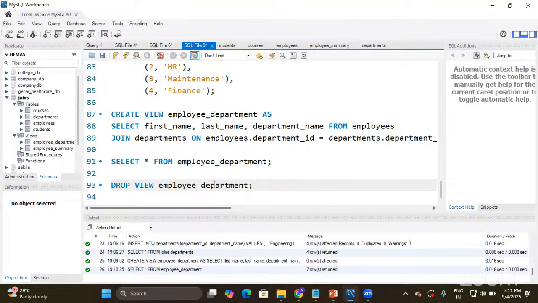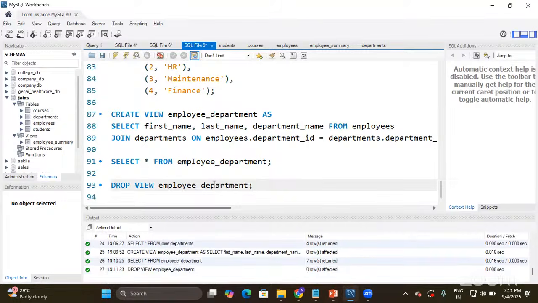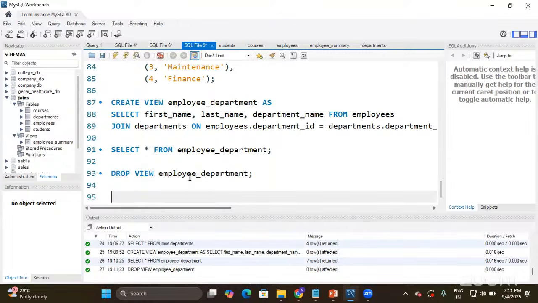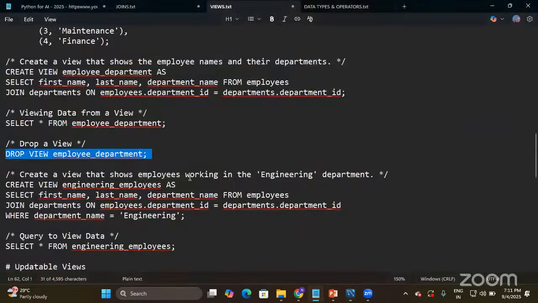Observe carefully. I'm going to drop employee department view. Done? Yes. Done. Employee department view got dropped. Right? Can I create a view only for the employees who work in engineering department? Yes. How can I do it? You see here,